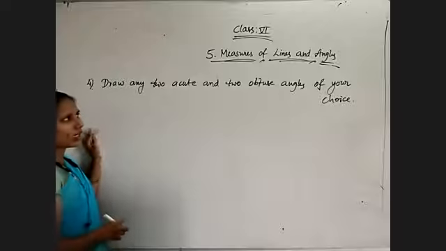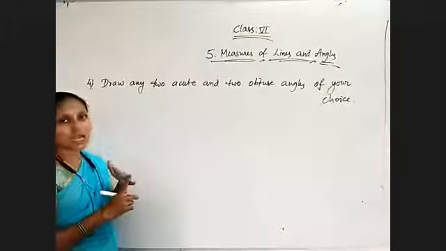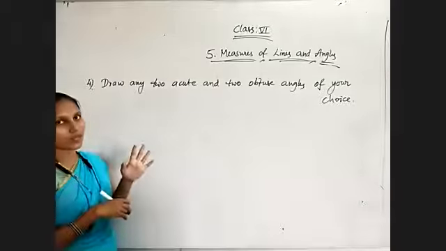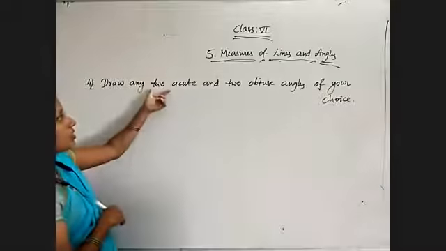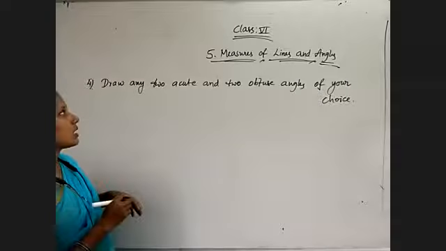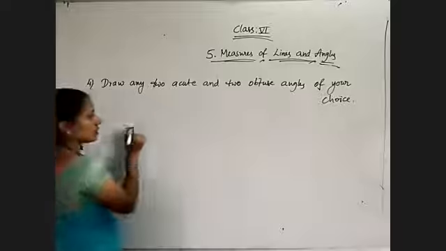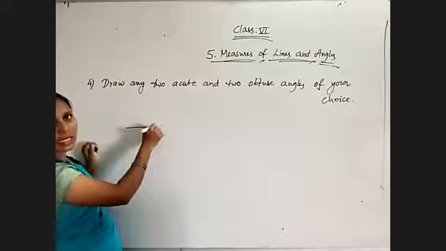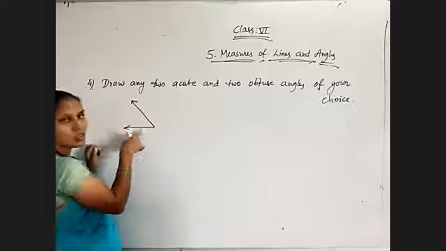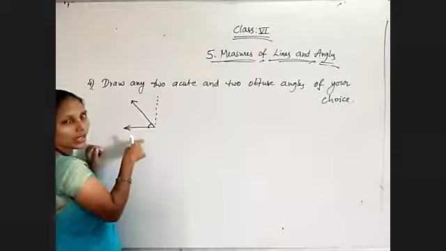So acute angles means 1 to 89 and we can choose any one of the numbers. Obtuse angles means 91 to 179 and we can choose any of the numbers. Draw two acute angles, draw two obtuse angles. See, even without measurement also, the angles which are lesser than 90, all those are acute angles. So this is lesser than 90, so acute angle.